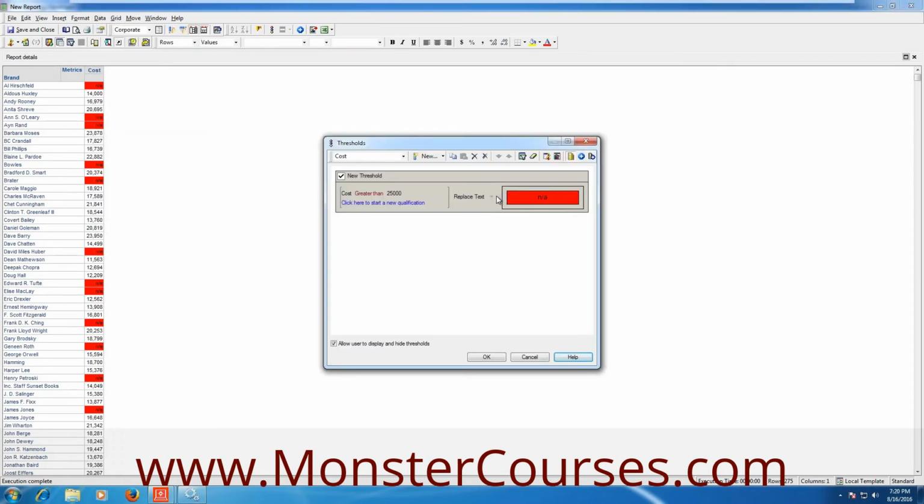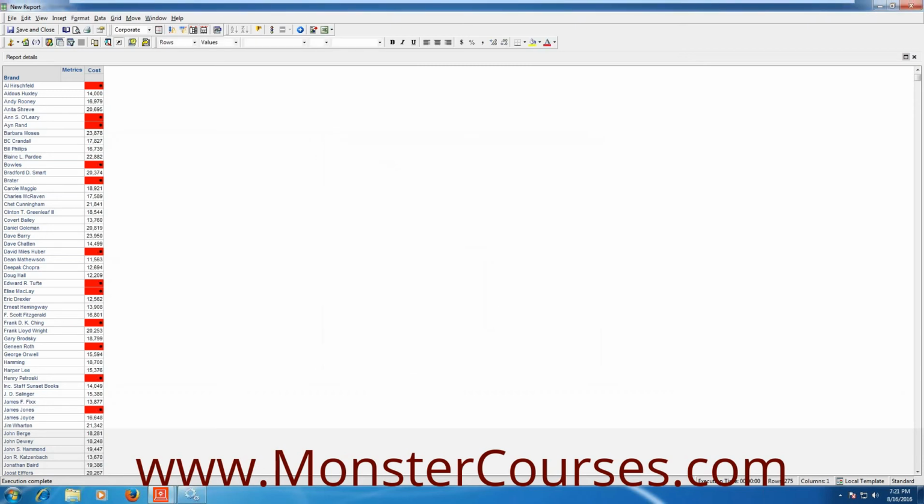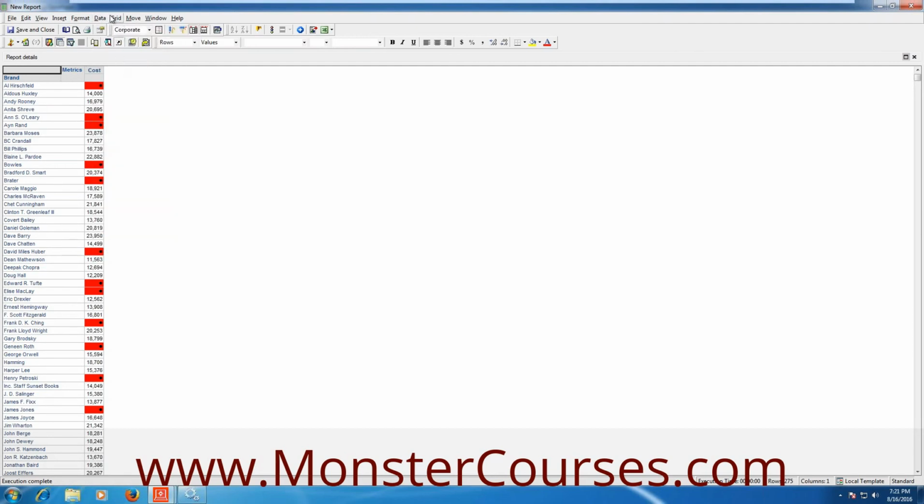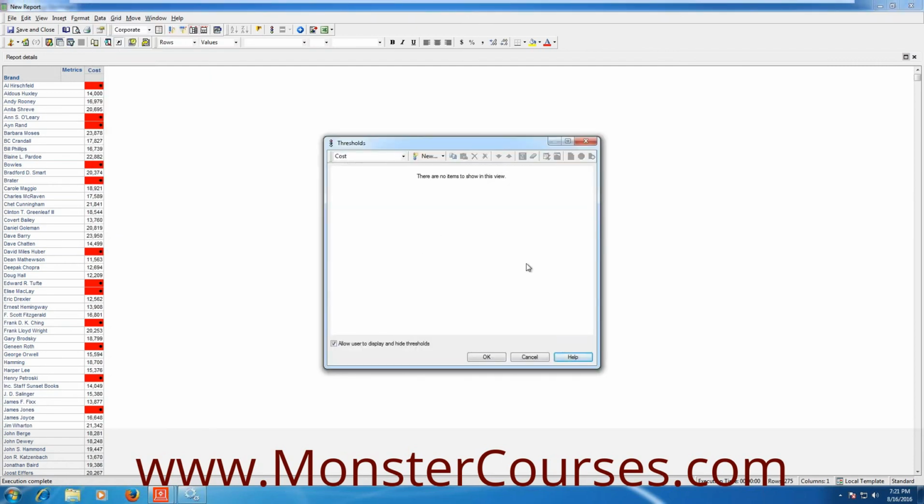Similarly, you can change it with a symbol, image, and everything available there. Click on the drop down. You will see image, quick symbol. Image means you have to put it from your machine. If not, you can use the default symbols you have there. Click OK. Now go to data, thresholds, and remove the thresholds. How to remove it? Click on the threshold, click on the cross symbol. Yeah, this one. Click OK.